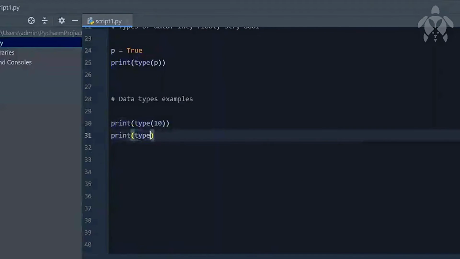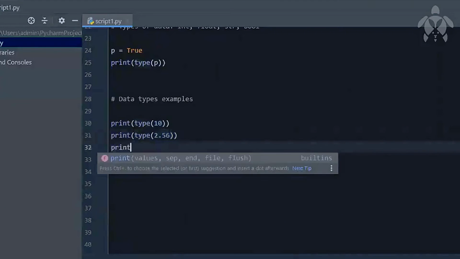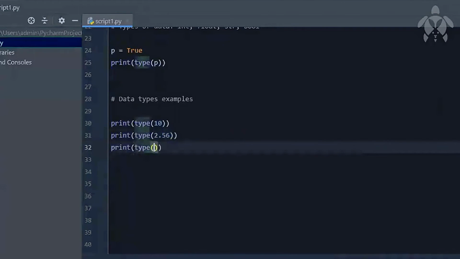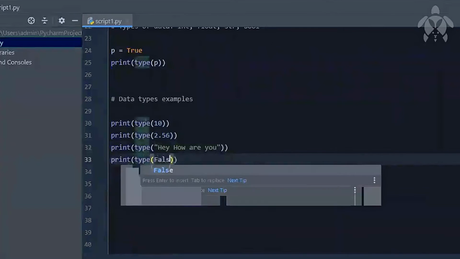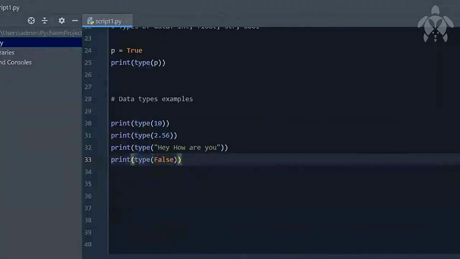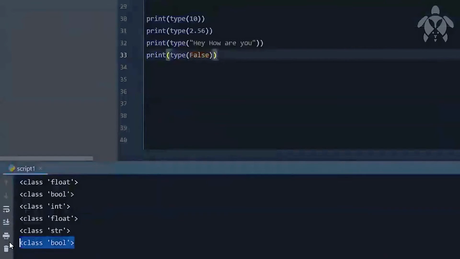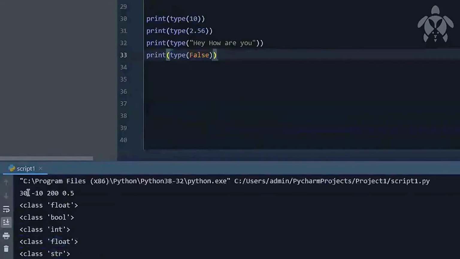Print the type of 2.56, that should be a float, correct? Print the type of "hey, how are you?", that should be a string. And of course, print type of false, that should be a boolean. Let's try to see that. And here we go. The last one is a boolean, this is a string, this is a float, and this is an int.